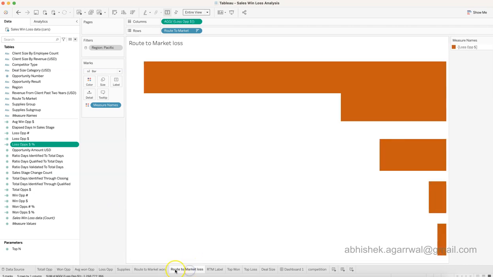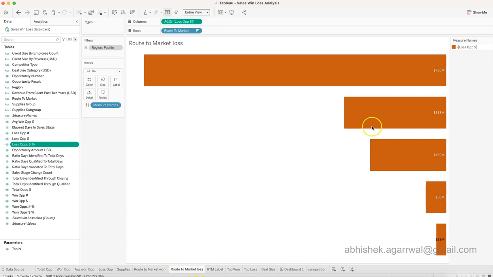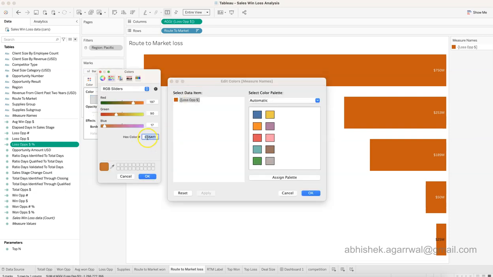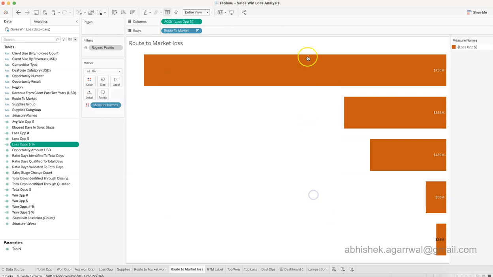Similarly, we have created route to market loss. As you can see, for the measure names, we have given the color coding as this. However, you can take this color, C55A11 is the code for this particular color if you are following this, but if you have your own color, it's a different thing, right? So with that, there is a small trick which is going on over here, that is about putting your